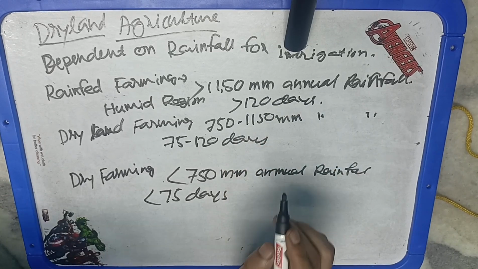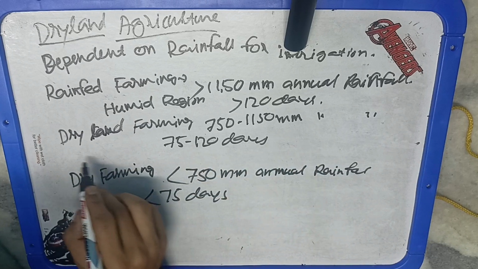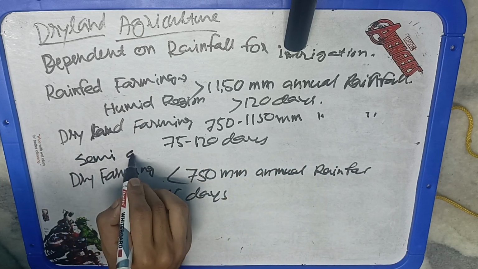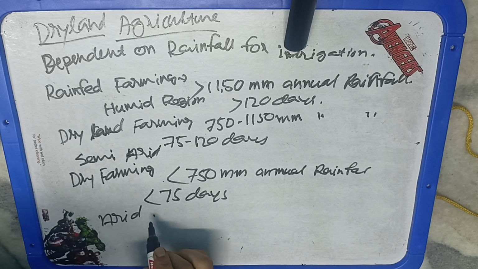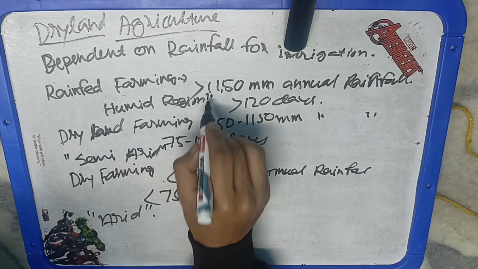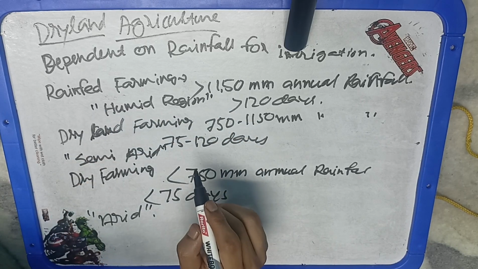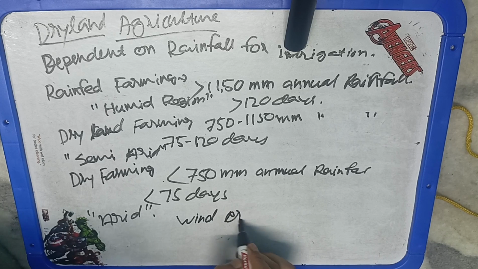Okay. Now which cropping systems are followed there? In dry farming, the single crop and intercropping systems. Similarly, in dryland farming we can grow a single crop or intercropping. In rainfed farming, we can go for multiple cropping as well as intercropping. Dry spells are most common in dry farming because the rainfall is already very little. They are less frequent in dryland farming and there is no occurrence in rainfed farming, but again there may be some chances. Crop failure is more frequent, less frequent, and rare respectively. Constraints are wind erosion, because there is no rainfall, as well as water erosion, and ultimately water erosion in rainfed farming.